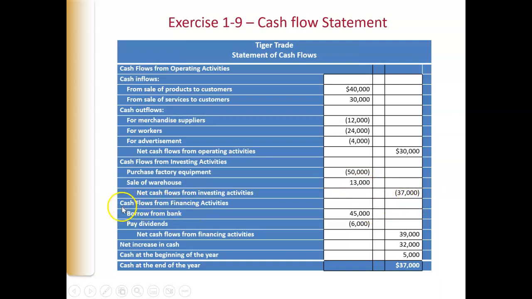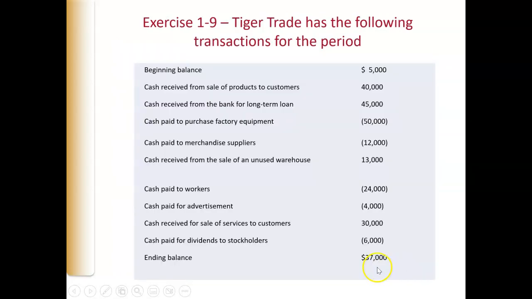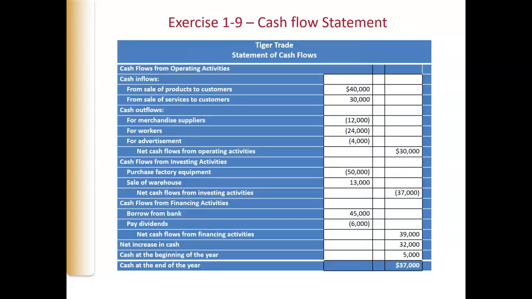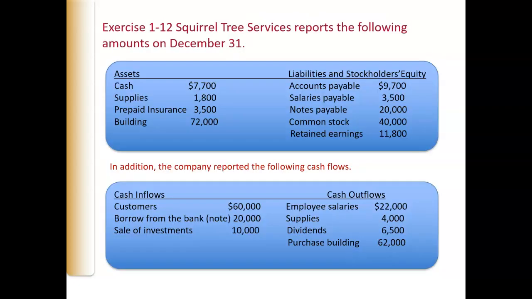And then financing is when we borrow money from a bank and when we pay dividends. So do you see, if we take the 30,000 minus 37,000 plus the 39,000, we come up with 32,000. Then we take what we had at the beginning of the year, 5, and you see we have cash at the end of the year of 37, just like we have here. This, guys, is the statement of cash flows. I'm going a little fast because I don't want to lose out everything. Then,